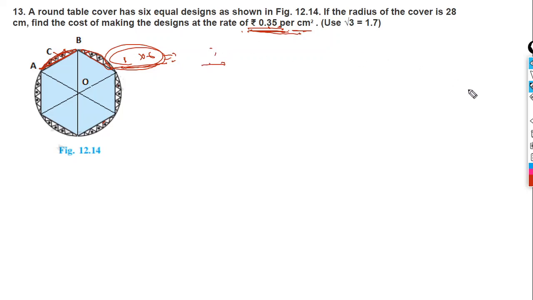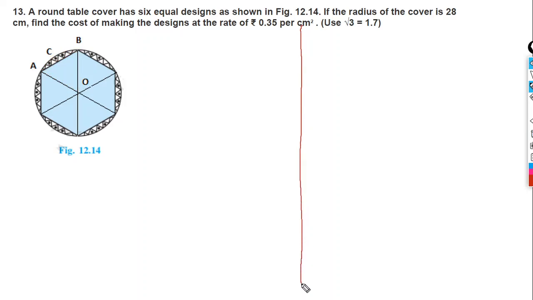Okay, before that we have to find the area of the whole sector first. Suppose OAB sector we have to find. Then we have to find the area of this triangle, OBA or OAB triangle. Then we will subtract both of them, so that we will get the area of the segment. So let's try. Okay, here what is given? Given root 3 equal to 1.7. So we need the value of root 3.